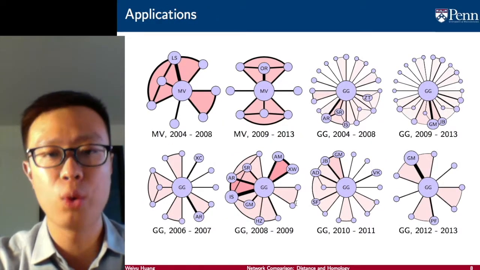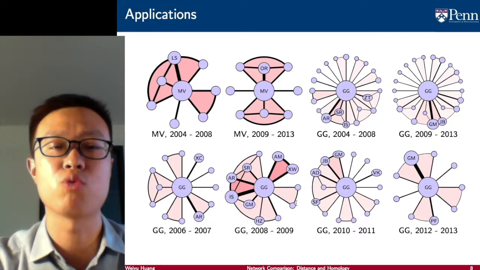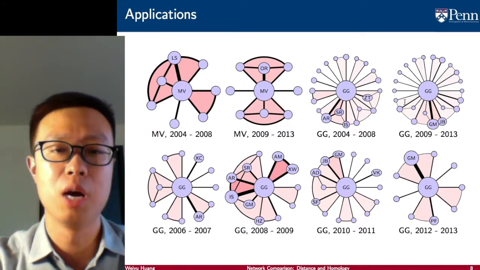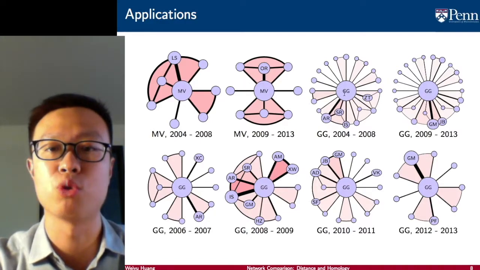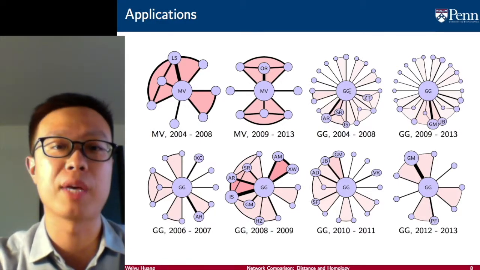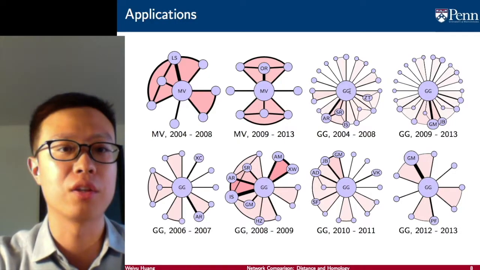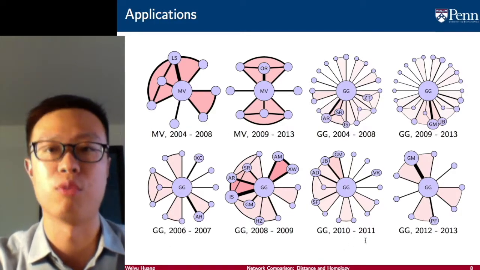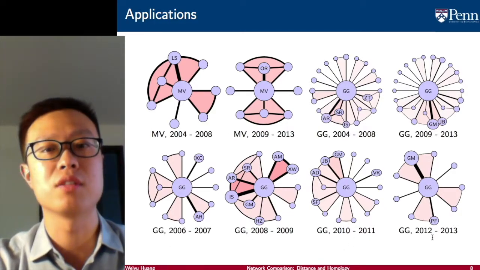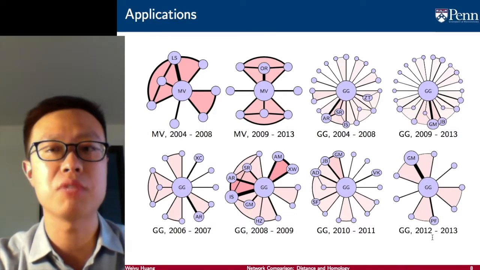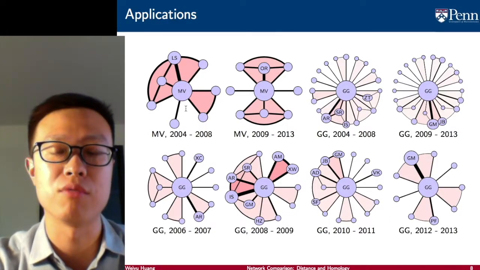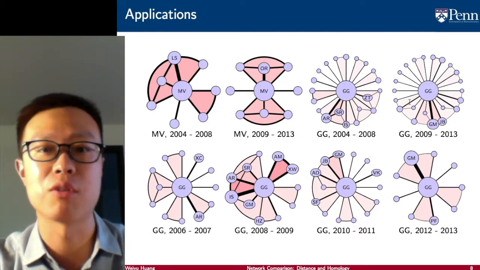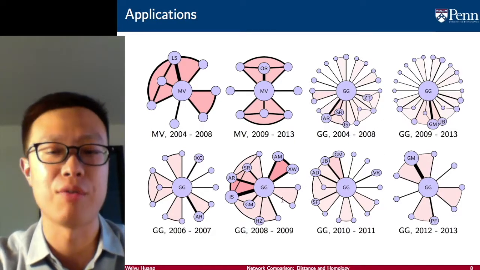As an application, we consider the collaboration networks constructed from publications of two famous researchers in signal processing, Professor Martin Vetterli and Professor Georgios Giannakis. We consider their publications in Transactions on Signal Processing and construct these networks for 5-year windows, or 2-year windows for Professor Giannakis. We found that the tool we have been developing successfully identified the networks of Martin Vetterli from those of Professor Giannakis, even though the latter may have 2-year networks and 5-year networks.